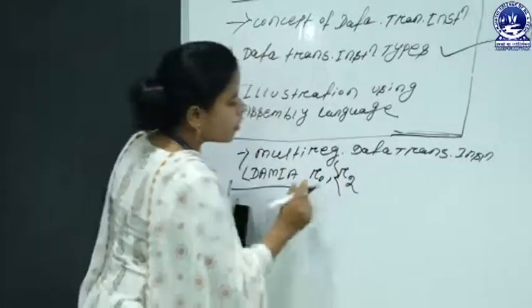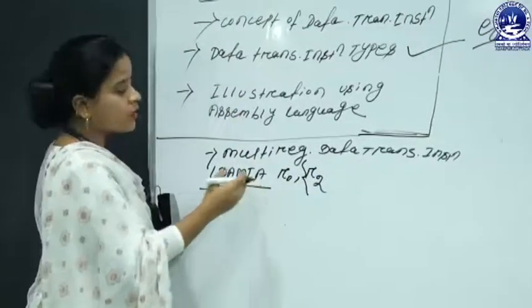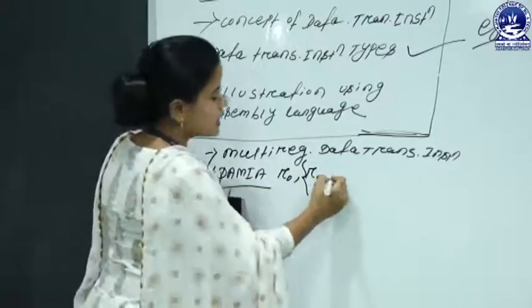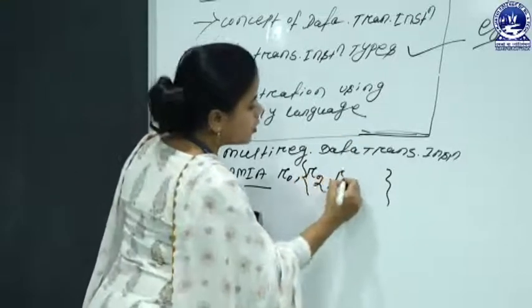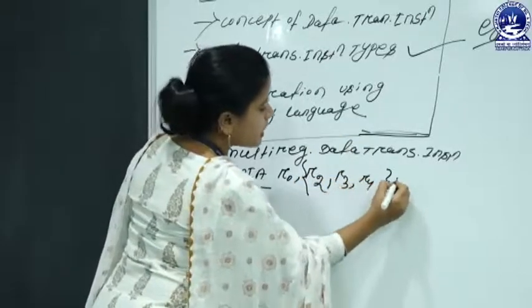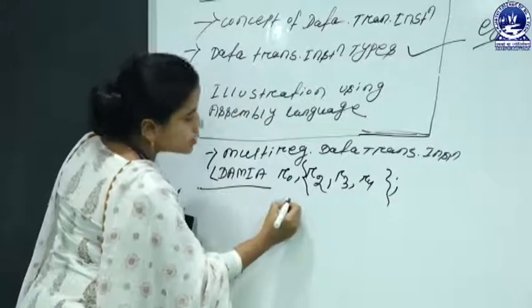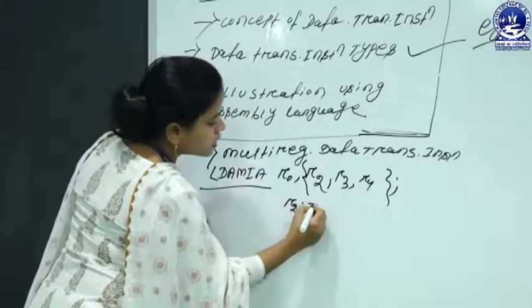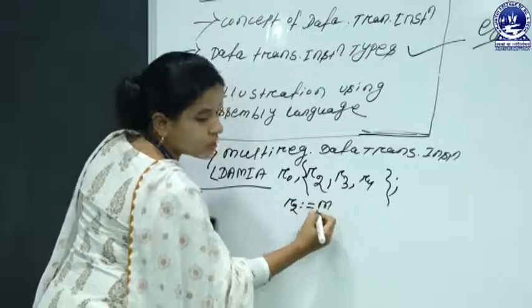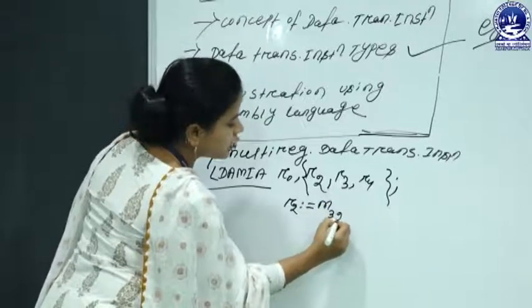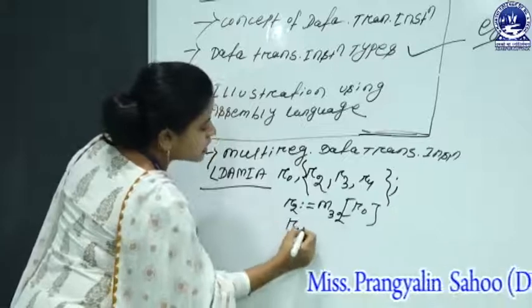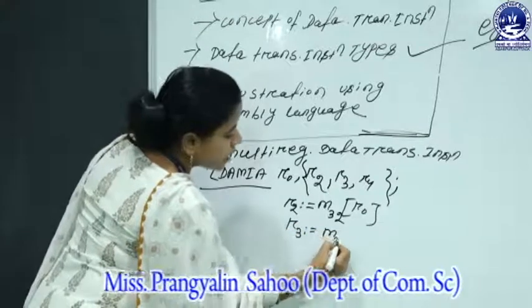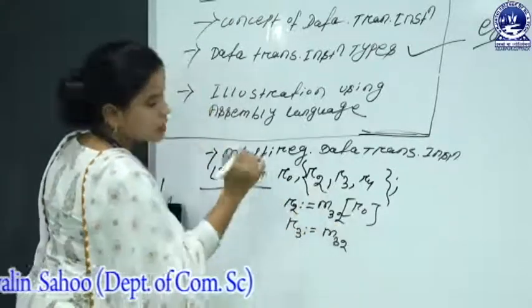Then as it provides multiple data, we have to fetch them. So in this case the symbols to be used are R2, R3, R4. That means here the register R2 stores all the data elements from the memory locations of R0, and the register R3 holds the next word of the register R0 location.